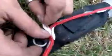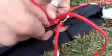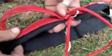And what you do is you take the red portion of the line, or the part that's not finger trapped, line that's on your risers through that loop, through the guide ring, and then you take your toggle, put it through there, and up into the keeper. So the keeper holds that down,